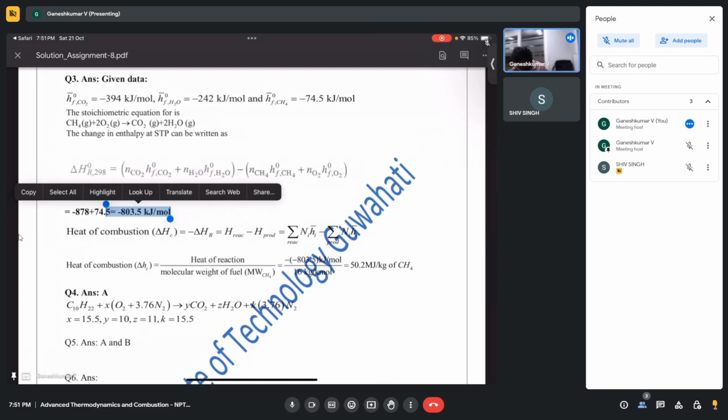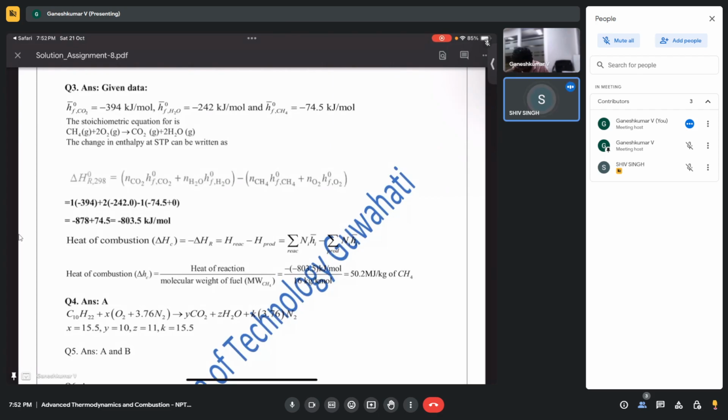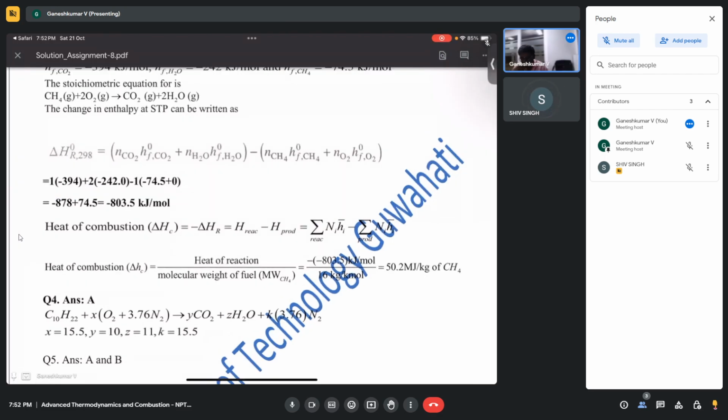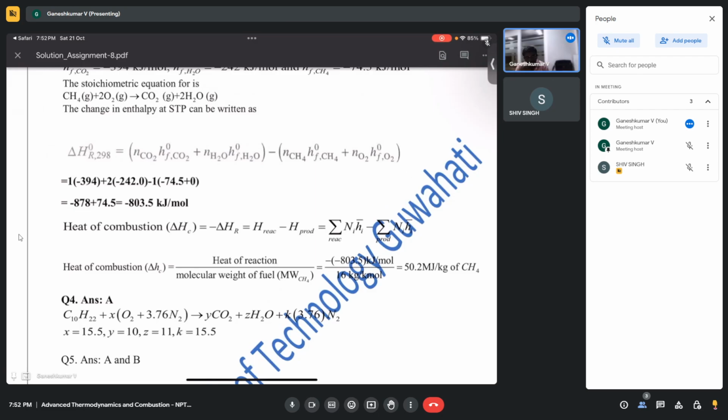So until here you are clear, right? 803.5 kilojoules per kilomole. Yes, sir. So that is heat of reaction, right? The change in enthalpy. Reactants will have higher enthalpy, products will have lower enthalpy, and that is what gives us heat. So basically, this is negative. This is heat of reaction, but for the heat of combustion problem,